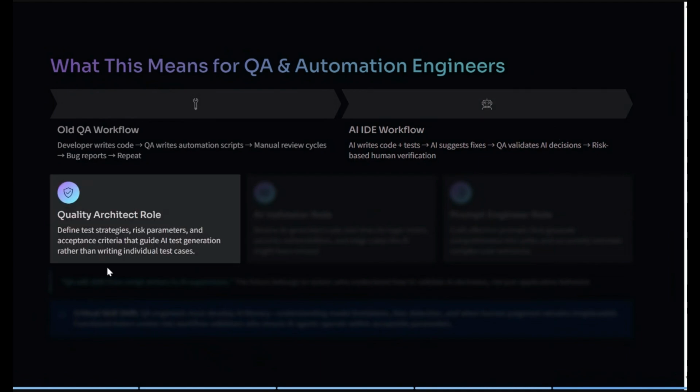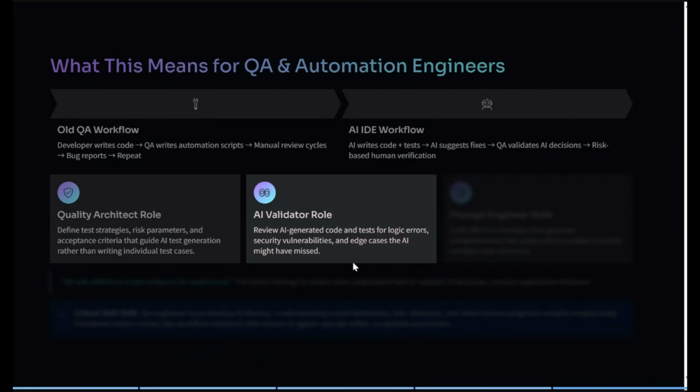So these roles will be flourishing in the future market. Quality architect role, where we need to define the test strategies, risk parameters, and acceptance criteria, right? Next is the AI validator role. Whatever AI generated code or automation tests are there, we need to check for logical errors, whether there are any security vulnerabilities, or any hidden edge cases that AI might have overlooked, right?